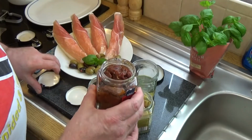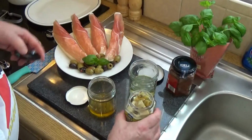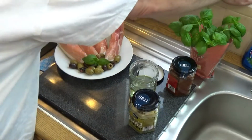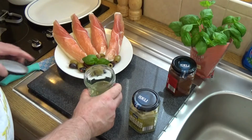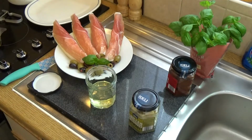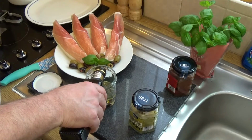Right, let's just get that out of the way. I'll cover that up just for a second, and that one, and I'll get that out of the way. I'll put that up there, and I'll keep that right here. Okay, what I'm going to do with that now is turn that into a nice salad dressing, and to that end I'm going to add a little balsamic vinegar, and it's just a dribble, maybe 2 dribbles like that,